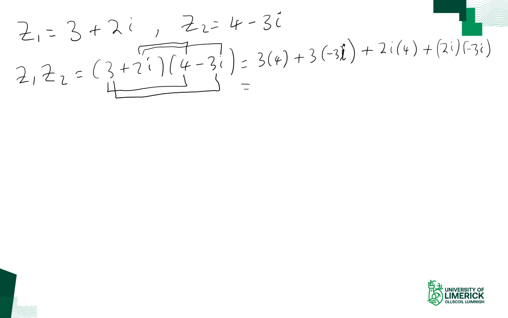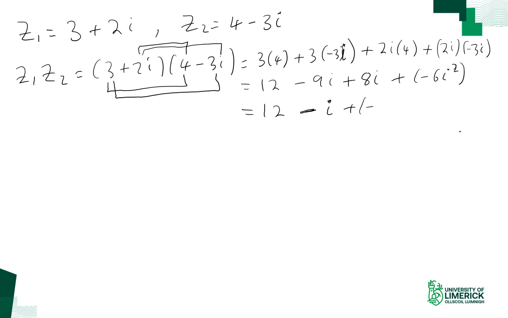So 3 times 4 is 12, 3 times 3 is minus 9i, 2 times 4 is 8, so here is 8i, plus here 2 times minus 3 is minus 6, and i times i is i square. So we'll have 12. Here we have minus 9i, 8i. They are imaginary numbers, we can add them together. Minus 9 plus 8 will give us minus 1i, which is minus i, plus